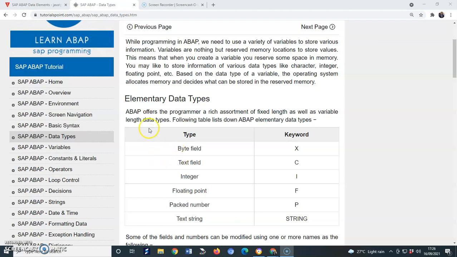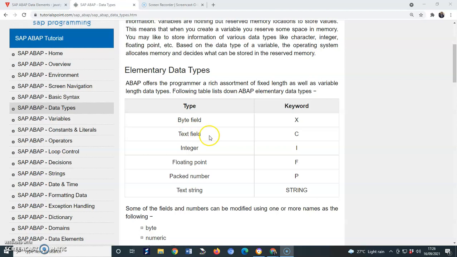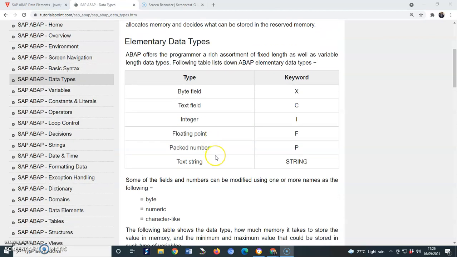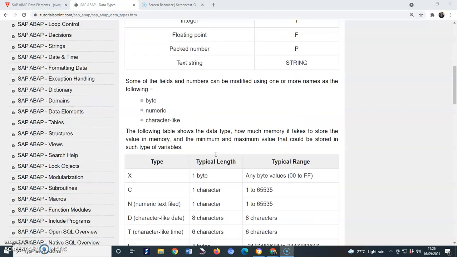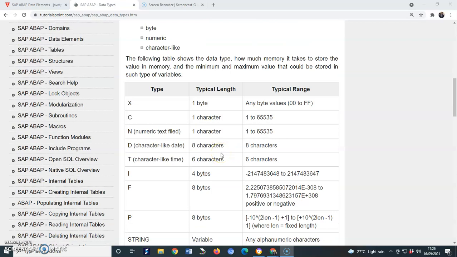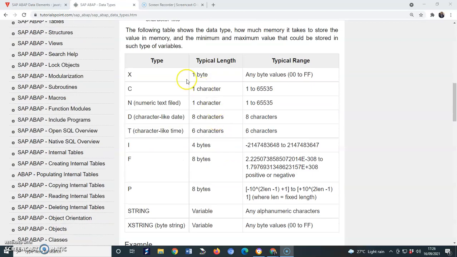Already yesterday we discussed the elementary data types in ABAP programming. I have already explained that there are two types of data types in ABAP. One is of fixed length, another is of variable length. In fixed length, the data types are byte field, text field, integer, floating point, and packed number, but the last one, string, is a kind of variable length data type. Okay, so again it's very important for any ABAP developer to remember the values which are given for this particular